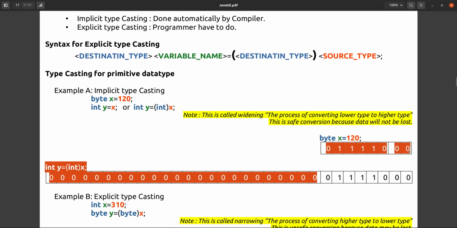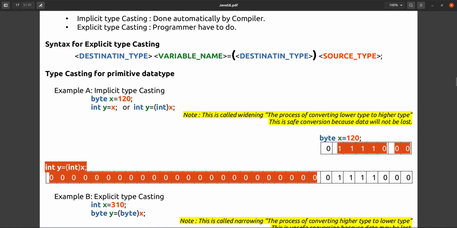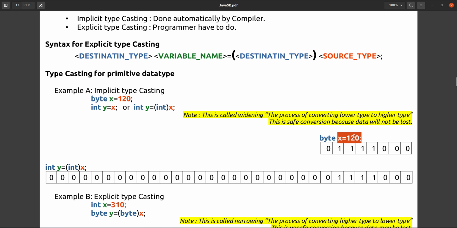This is a binary number, because internally your JVM will use binary numbers only to store the data. So this is a byte, a binary number representing 120, and inside memory it will be stored in 7 bits only, because the 8th bit is 0. This is 1, 2, 3, 4, 5, 6 and 7. Only 7 bits are required to store